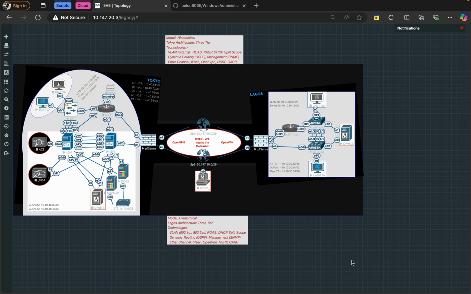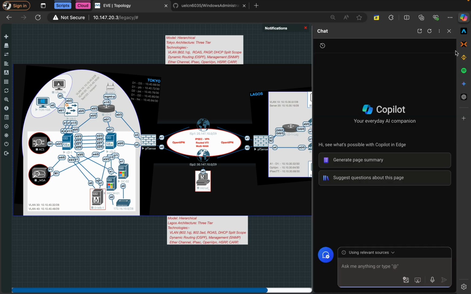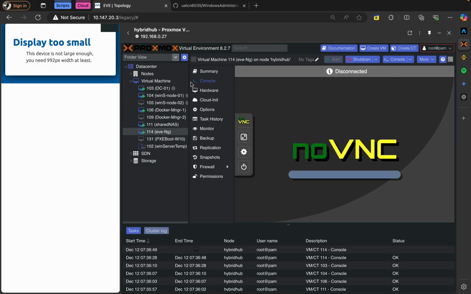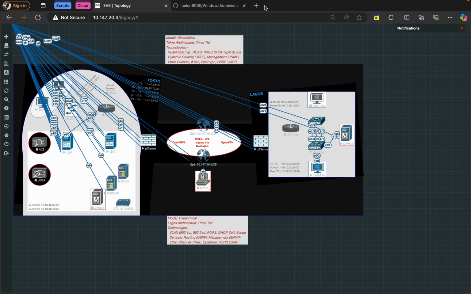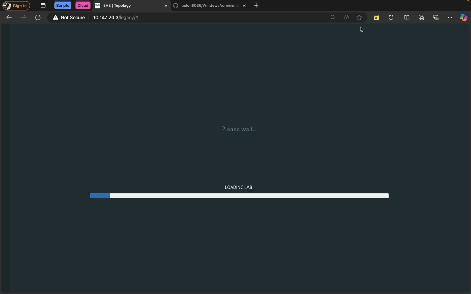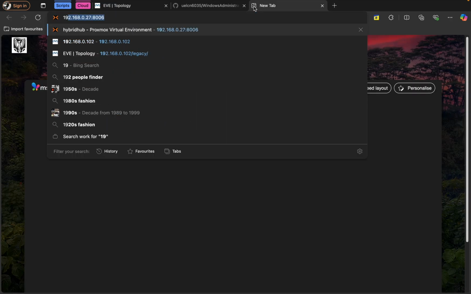Yes, I'm just going to do a quick walkthrough of this lab, and I've got two sites. So this is site number two, which is in EVNG, and if I go to site number one, it is in my Proxmox server, and I have a few. If I just go directly on the website,